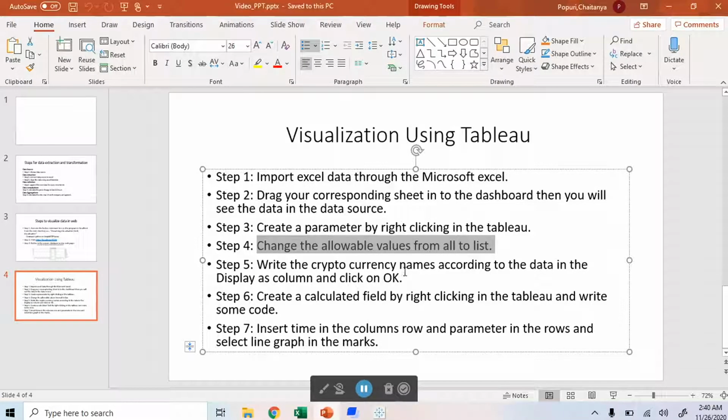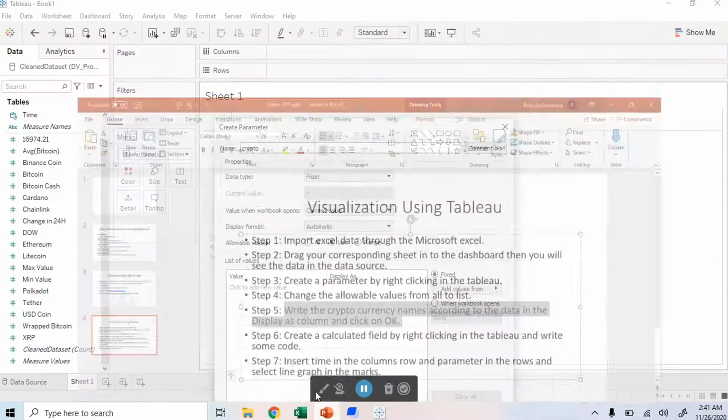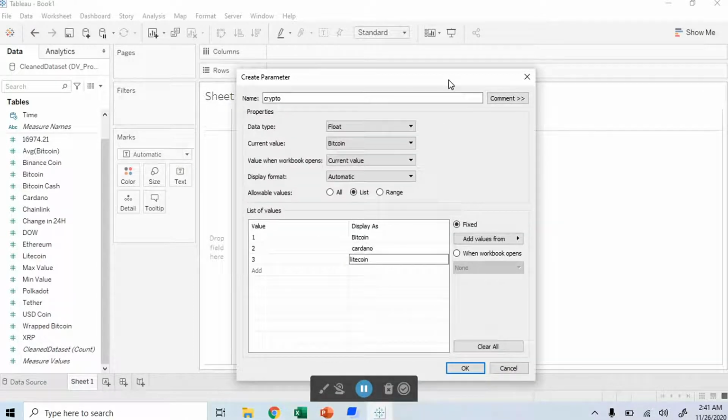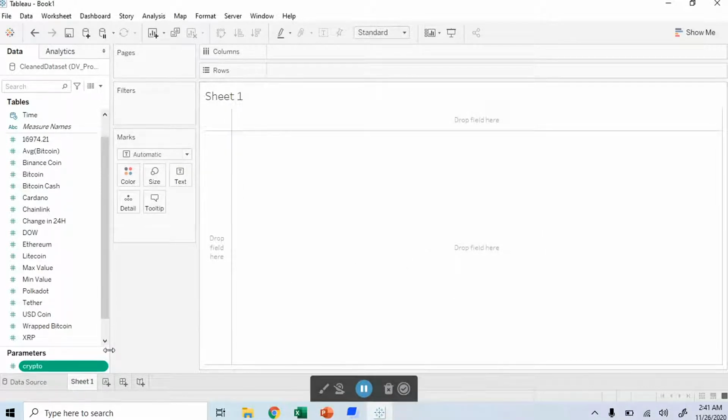And the next step is we need to name the cryptocurrencies according to our display. So here like 1, 2, 3. I'm taking three values: Bitcoin, Cardano, and Litecoin. And then we need to click on OK, and here we need to display like this.